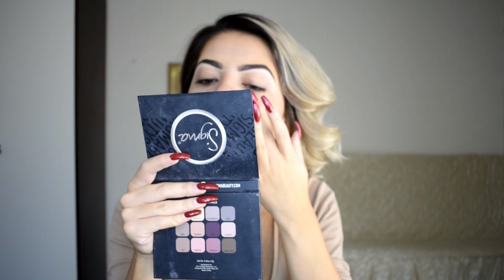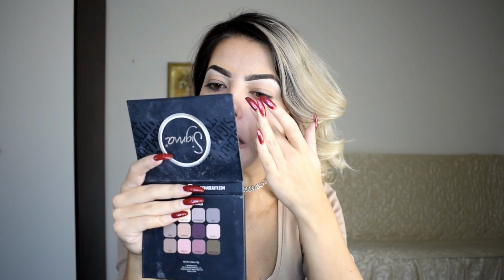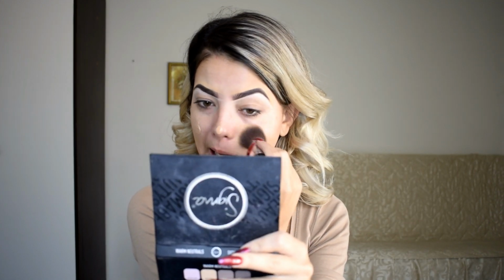So this is how the foundation looks, and I'm going to dot this all over my face. Okay. Maybe I need a little more, and now on one side I'm going to use my brush, and on one side I'm going to use a beauty blender. I'm using this Flat Kabuki F80 from Sigma. I love this brush, and I have to say that I have oily skin, and as you can see I have some imperfections. I have huge pores there, and